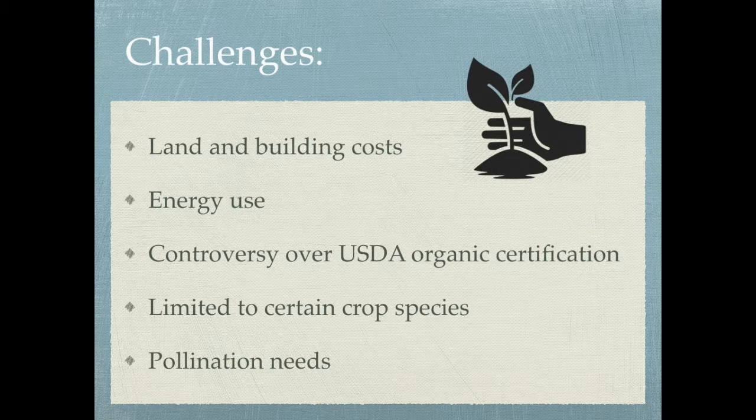So some of the challenges, though, with indoor farming or vertical farming would be land and building costs. Even though abandoned warehouses are used frequently, or a lot of times buildings are used, or this technique is used in areas where they're trying to revitalize a community or cities, it just doesn't always pencil out that way. It still can be expensive to maintain and upgrade buildings. So energy use, of course,